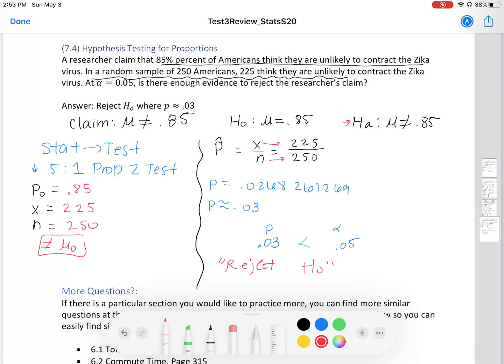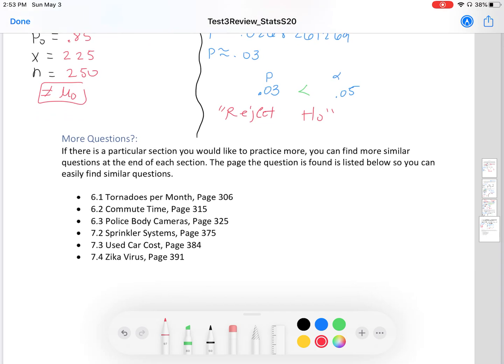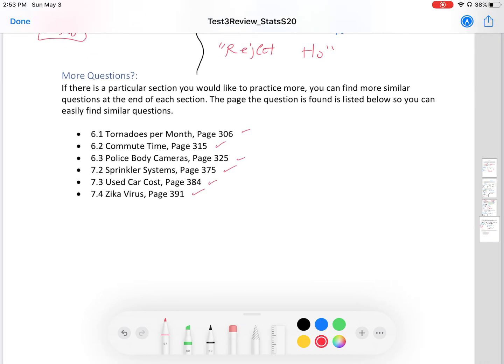Reject. All right, so this is a highlight of every type of question you'll see on your exam. If you wish to practice more examples, here are the questions, what they are and where they're found in each section, and also what page. These problems are from the review questions at the end of each section. And also to help you out, I wrote down the commands for every problem, but you can also find them in your book. So your calculator functions